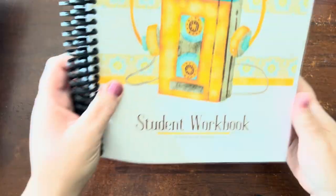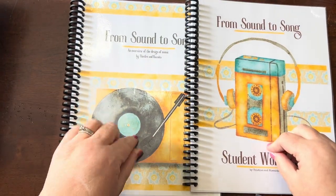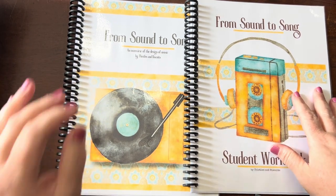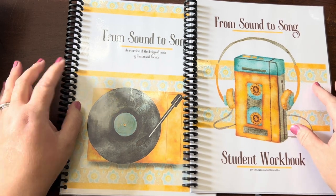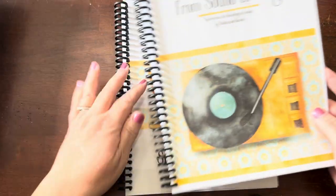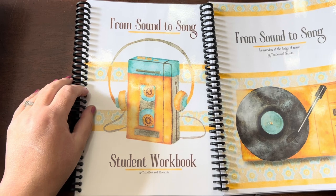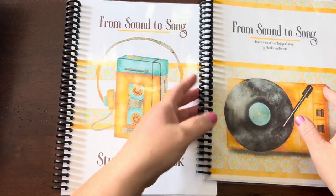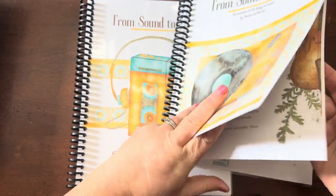So if you were around this summer, we had tried to do Torchlight's The Art of Rock and Roll, and it just was not a hit. And I've kind of been on the lookout for something else to do some music with my kids. And so I grabbed this from Thistles and Biscuits. Again, if you want to see more inside it, let me know. I can do a whole video just on this. But it comes with the main book here and then the student workbook. And it covers